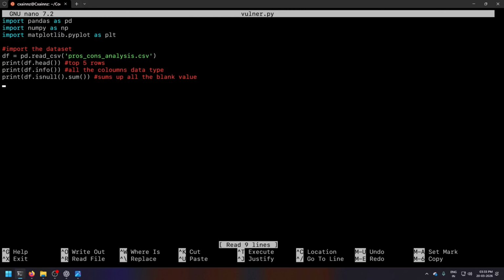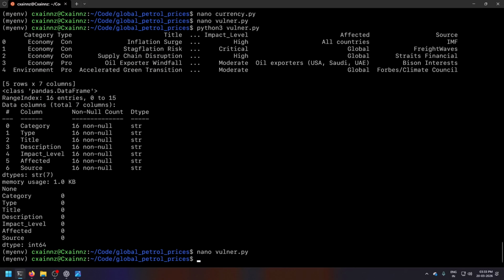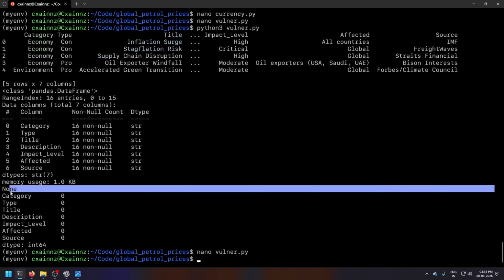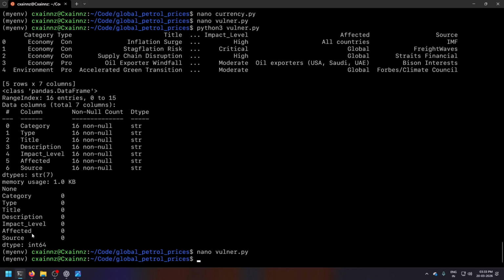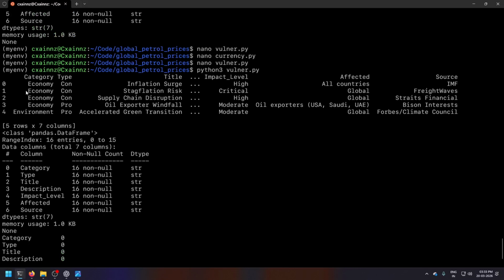Now what I would do is I will just check all the columns. Okay, so firstly, what are the columns? The category, type, title, description, impact level, affected. So we have the category as economy type of thing.